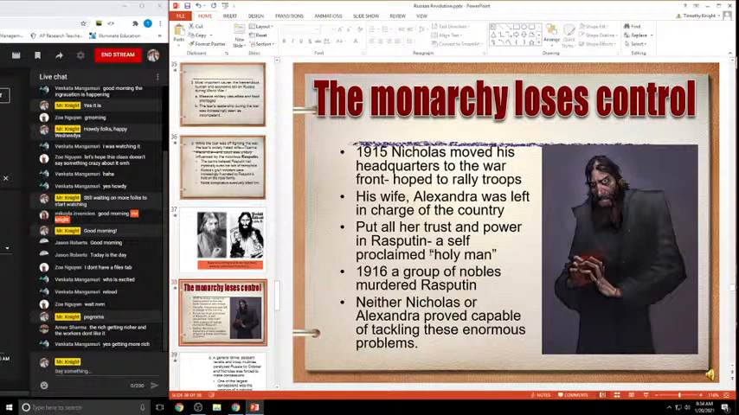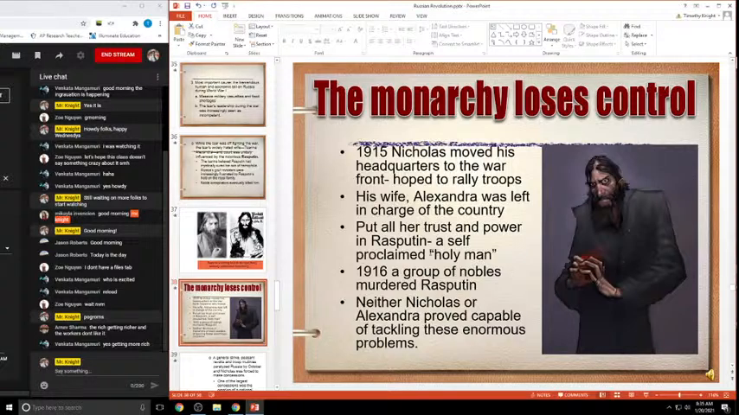Nicholas II in 1915 fires his military commanders and moves his headquarters to the war front, hoping to rally the troops together and take direct control over the military operations of the Russian troops during World War I. Meanwhile, his wife Alexandra was left in charge of the day-to-day operations, but really, probably very much Rasputin was the one who was pulling all of the strings and making most of the decisions at the upper levels of government, because Alexandra put all of her trust and power into Rasputin, who was this self-proclaimed holy man with these mystical